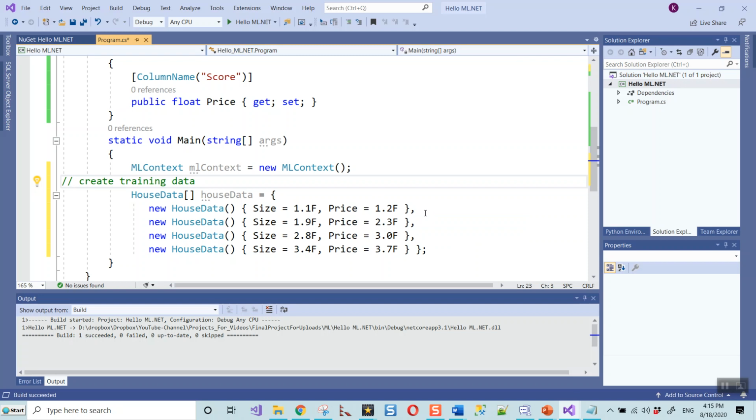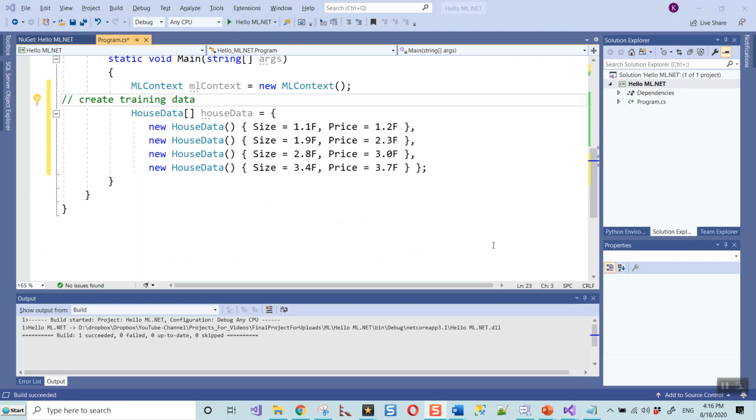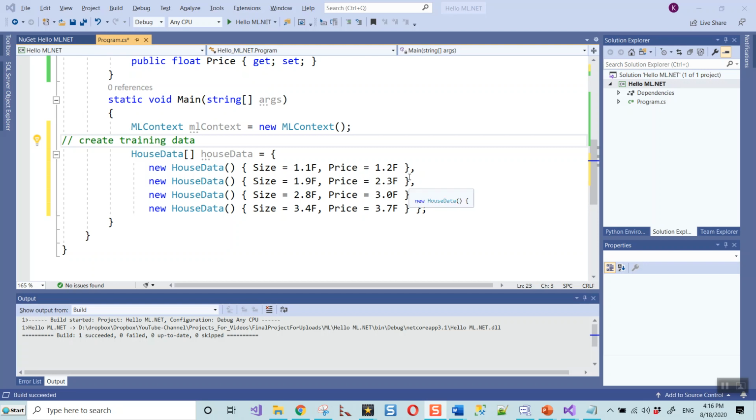The price is 1.2 times 100,000, whatever the amount is, it has to be multiplied by 100,000. So this one is 300,000.